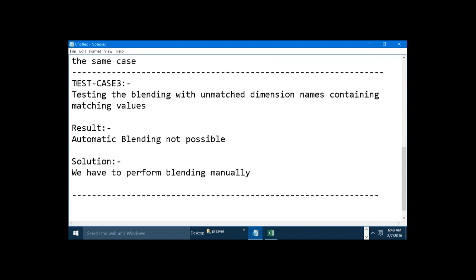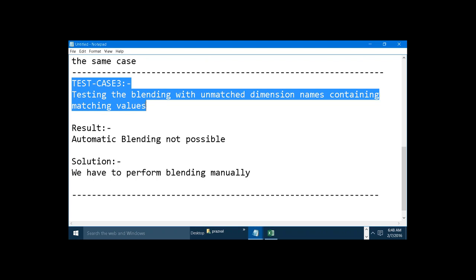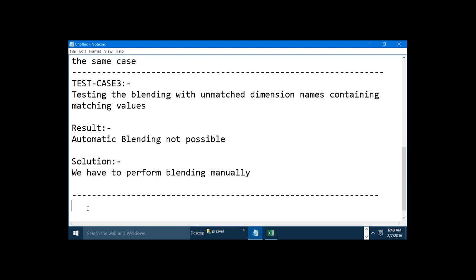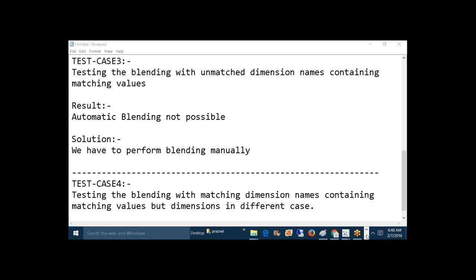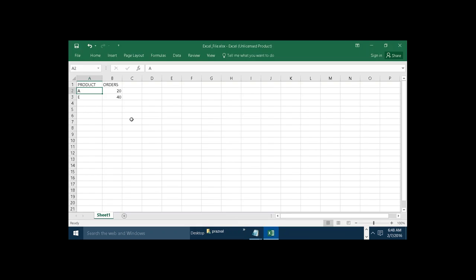In my test case 4, I will slightly modify the test case with the matching dimension. With the matching dimension means it contains the matching values, but the dimensions are in different case. So here I'm taking the